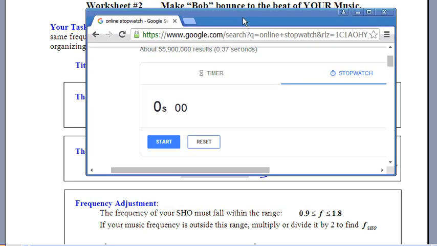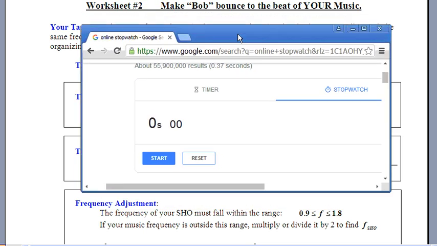It's all about making sure you start at the right time. You're going to have your music rolling, and then you need to start the stopwatch on your phone at just the right time. But you have to start on 0. So if the music is sitting there going like this, it doesn't work to go, okay, 1, 2, 3, 4, 5, like that. You might be tempted to do that if you're in band,